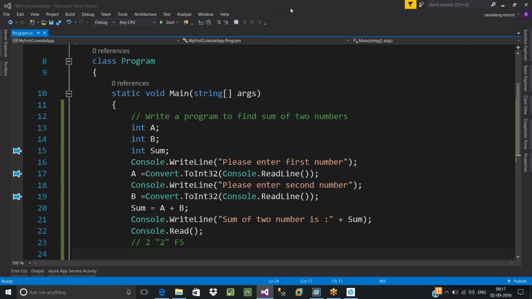Whenever you press the Enter key, internally it returns an ASCII character. ASCII will have some equivalent number. Coming to ReadKey, it reads a single character, but Read reads a combination of ASCII characters.